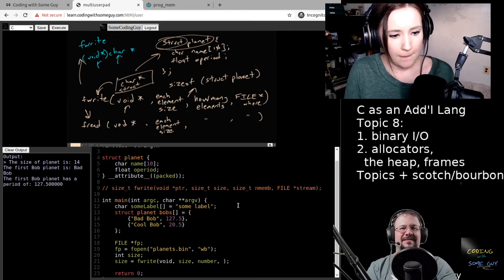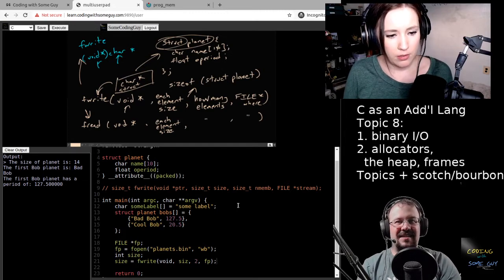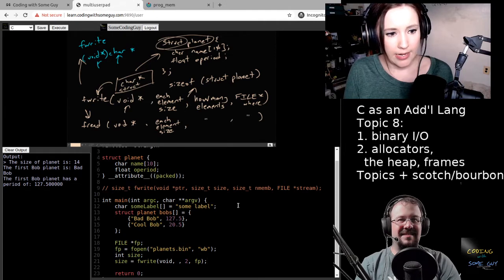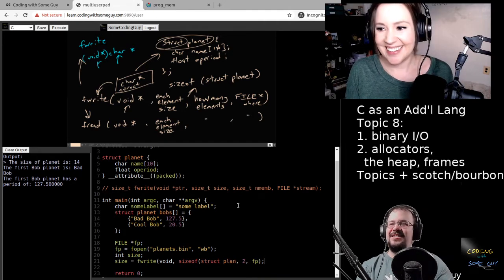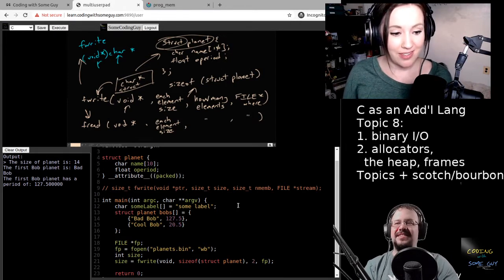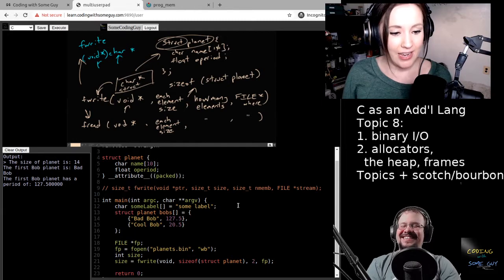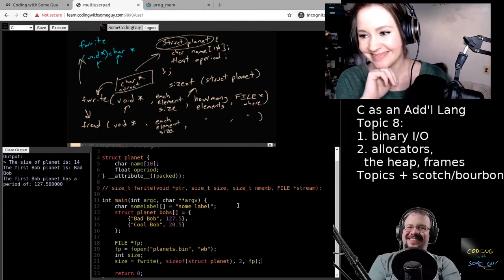Okay. We know what file is. Number, we have two bobs. Size. Can I cheat? It's not cheating. That's being smart. There are times that you told me I couldn't do that. Oh, no. This is the time. You should pretty much always be writing that there if you can manage it.